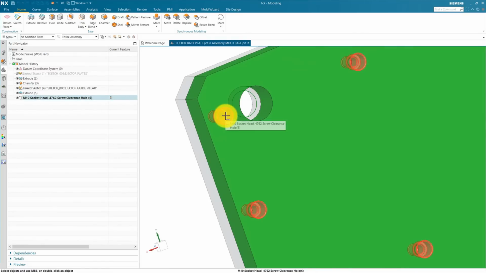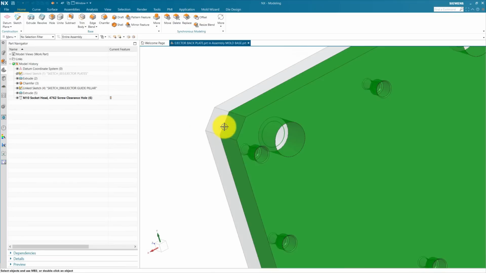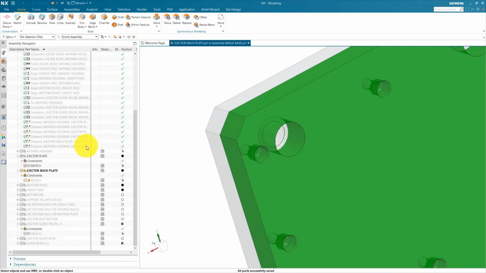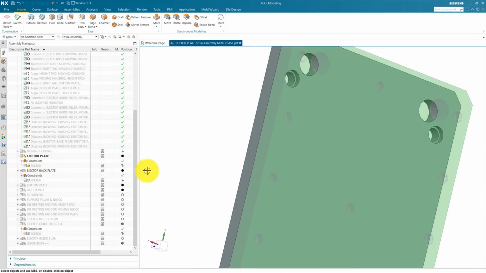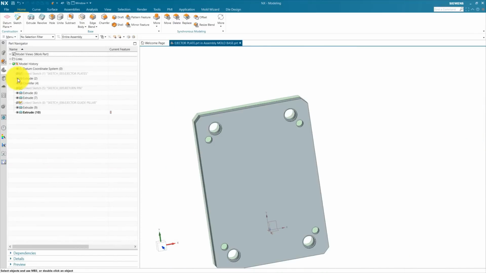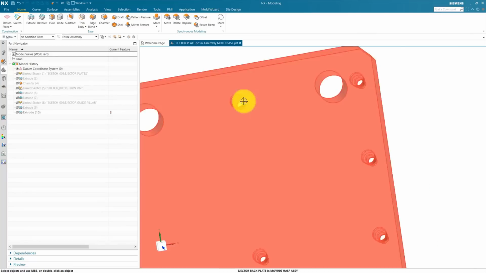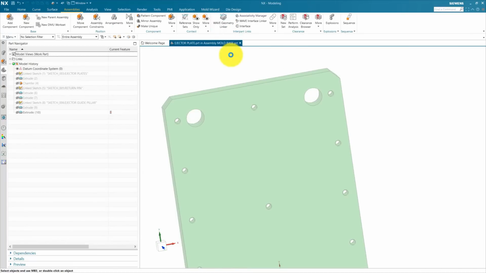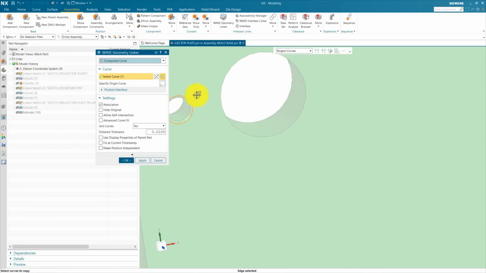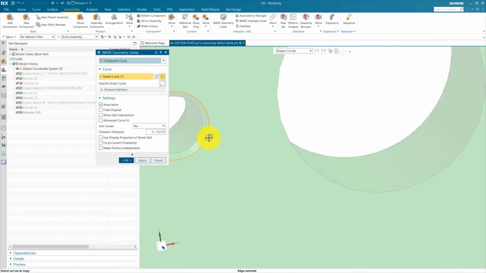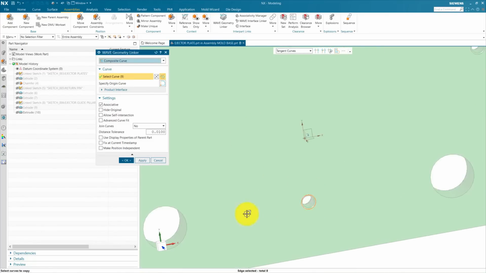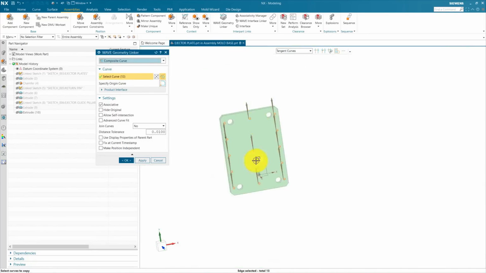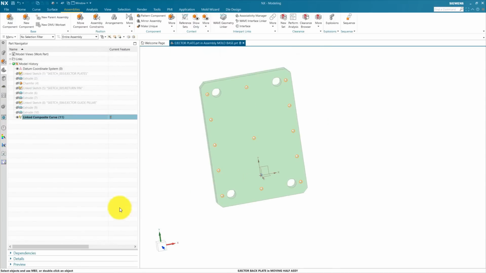This is a screw clearance hole, so we need to create a thread inside our ejector plate at the same position. So activate our ejector plate and create a link curve inside it. We are going to hide this body link sketch. So go to Assembly, WAVE Geometry Linker, Composite Curve, and select the top circle after the chamfer. Okay, now the link sketch is created inside our ejector plate.